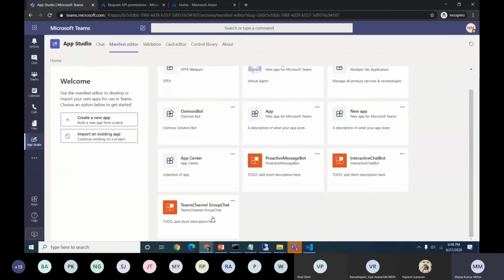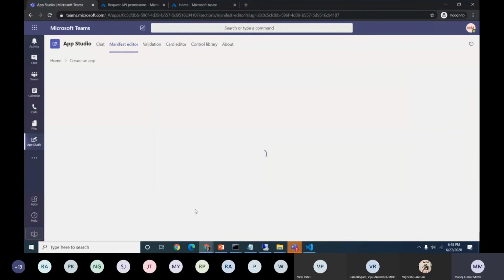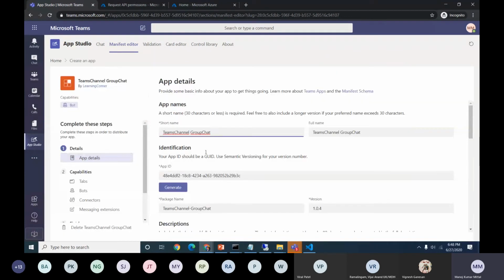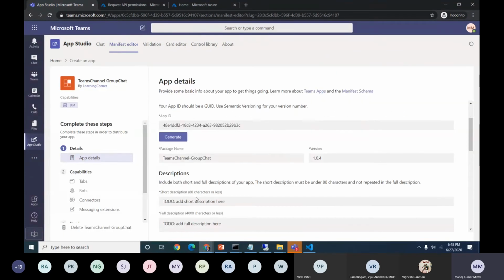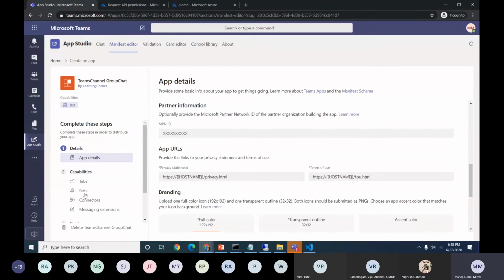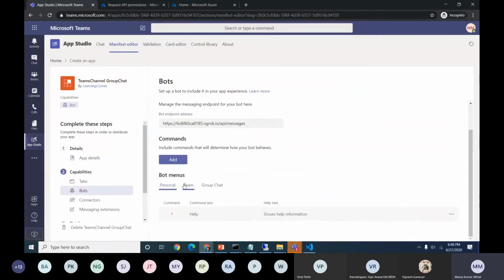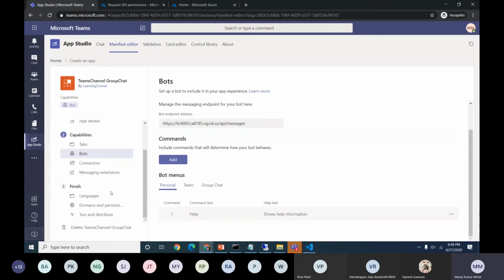The new app I have created starts appearing here. So if you see, it will show all the descriptions and all the details, whatever we have defined. We can verify in the bot section also, as we have one hint text, it starts appearing here also. And this is our ngrok endpoint, which helps to debug the application.